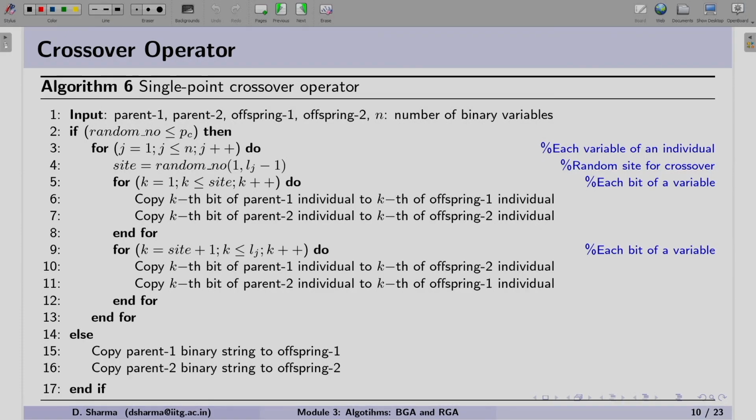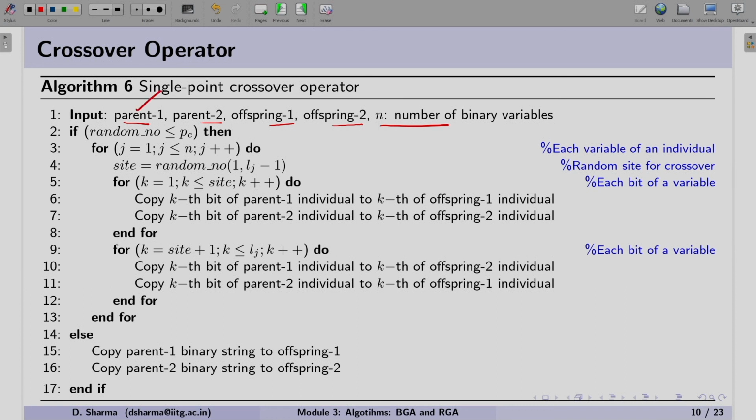In this crossover operator, we have gone through the single point crossover operator. So, let us discuss this. In algorithm 6, you have as input parent 1 and parent 2. We are also taking offspring 1 and offspring 2 because we will be storing the values, and similarly the number of binary variables.